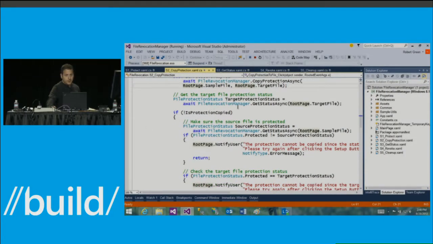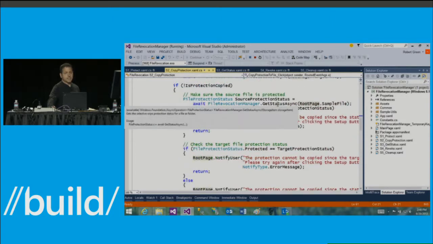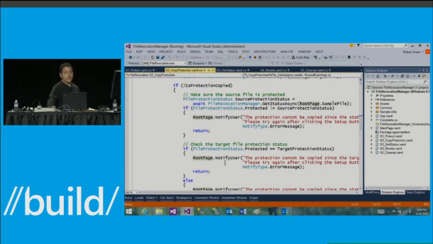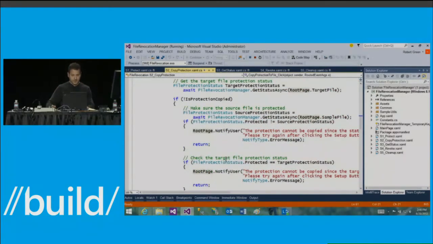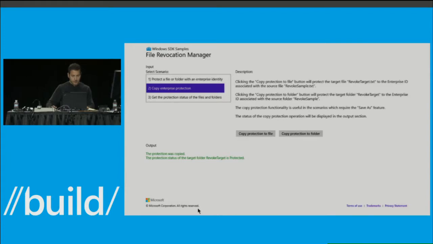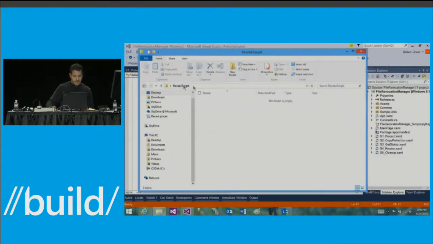same kind of code, file revocation manager. So I read the status of one folder and then copy it over to the other. All right, so a handful of lines of code there. Okay, so now what do we have? We've got